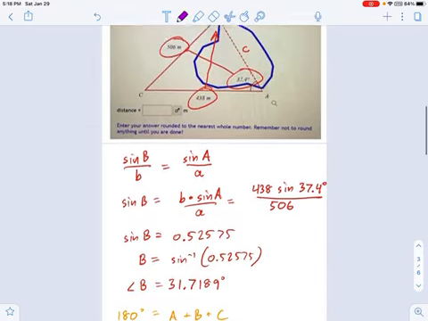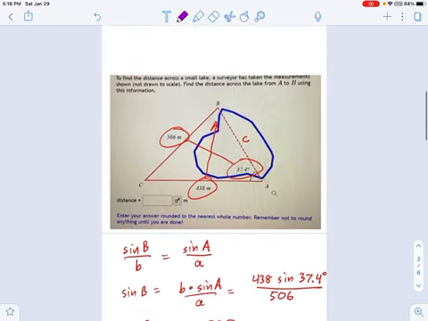These problems always come down to first double checking that you're actually going to use the law of sines, and then just do what you can. The direction that you go in will usually be chosen for you, right? You solve for the angle B because that's the only thing you can do. Then you use those two to find the angle C because that's the third angle. And then there you go. You're at your answer, little c.